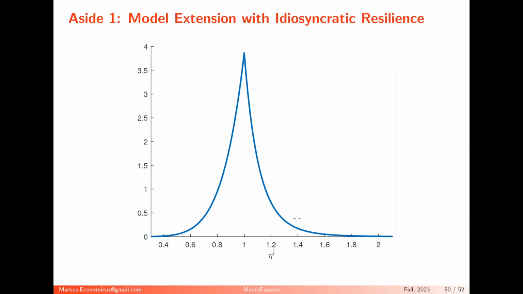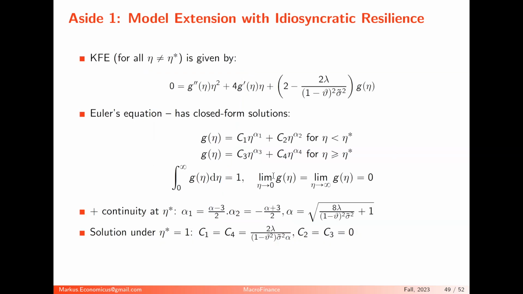So if you don't like that in the model the cross-sectional distribution of people, the wealth distribution, becomes worse and worse, you introduce this element and throw them back in. People might die or not be born independently of how wealthy the parents were and things like that. And they start with the steady state wealth share again. And so you get this distribution here. It's just an example where you can play around with the Kolmogorov equation and get an explicit analytical solution. You don't even have to do it numerically.